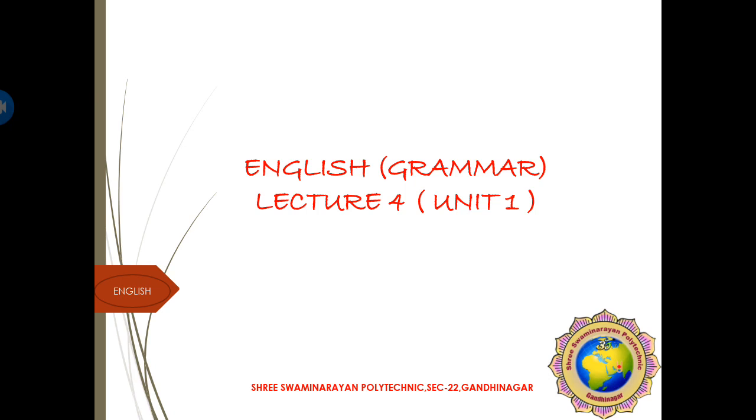In the last 3 lectures we discussed various forms of the present tense, like simple present tense and present continuous tense. Before we start our next topic, the third type, the present perfect tense, we would like to have some knowledge regarding various forms of the verb, because if you do not know the various forms of the verb, it will be difficult to understand the perfect tense and the related terminology. So everyone must listen and understand carefully.